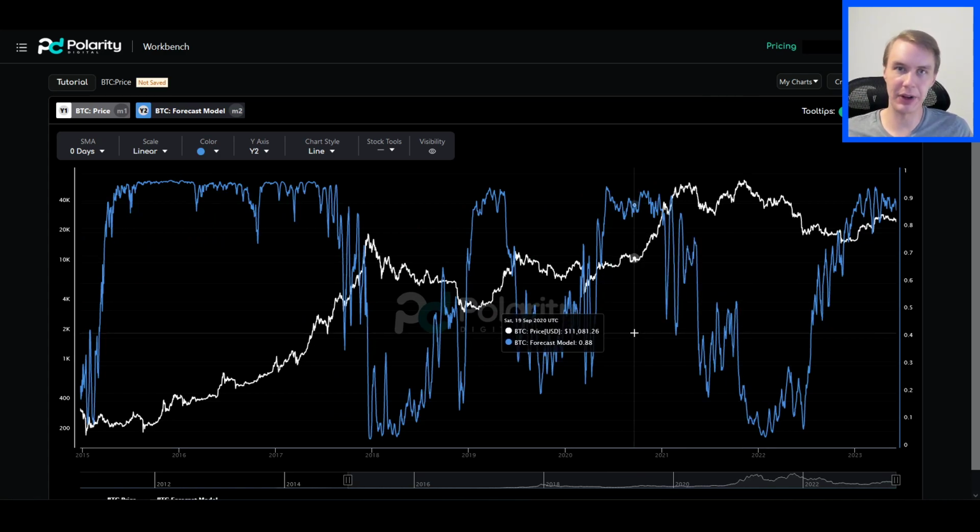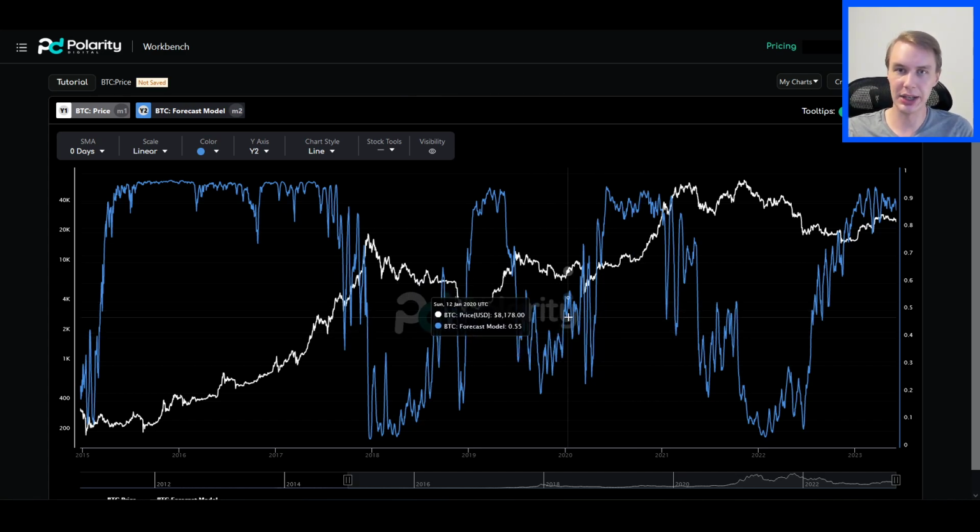So obviously none of this is financial advice, make of this data what you will, but I really like this model because of the type of thinking that it enables, that it makes easy. I think what a lot of people want to know in the crypto market is how likely the market is to be up or down sometime in the future. And that's the exact kind of information that this model is giving. This is a model you're not going to find anywhere else. I have not seen anyone else in the crypto space have a model that's able to do what this model is doing: give a probability estimate of upside at some point in the future, in this case, 6 months.